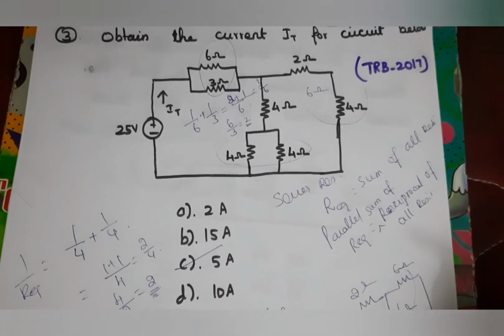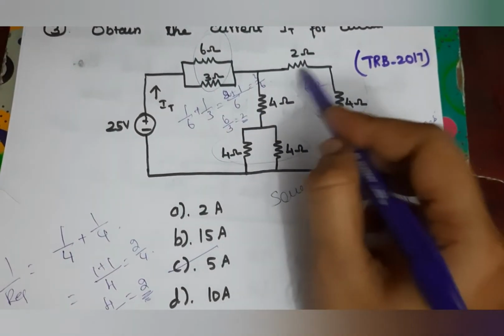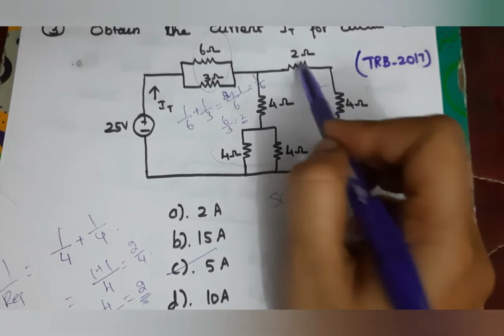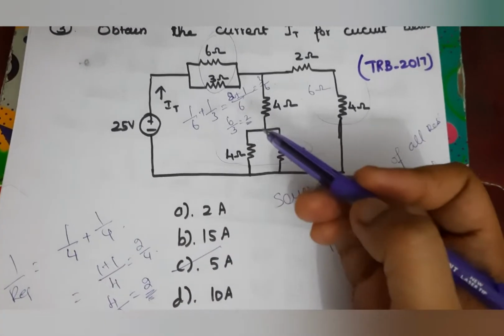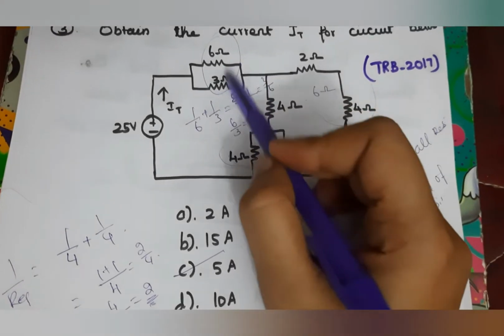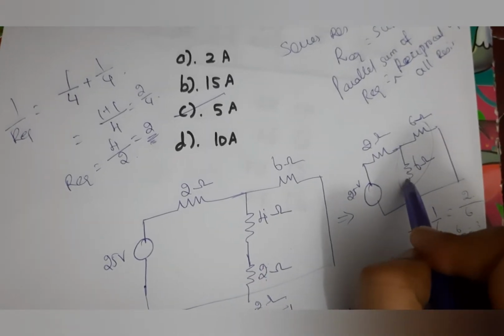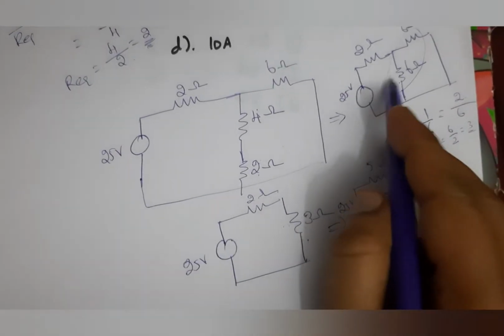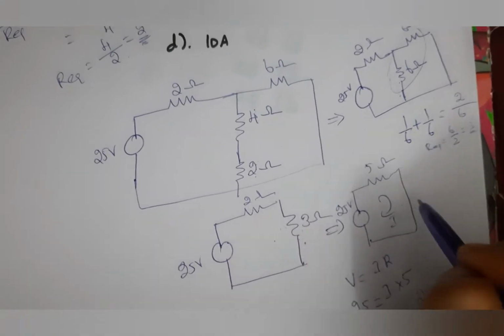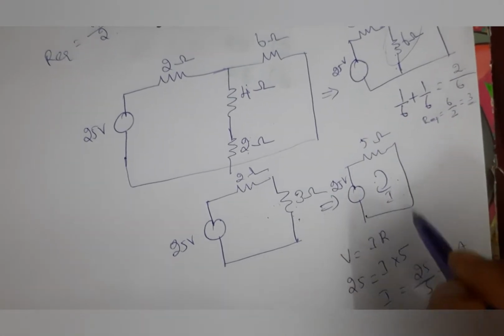C is the answer. So first we have to reduce all. Series connection means we just add these two resistances. Parallel connection means we have to find the sum of reciprocals of these, and then again take the reciprocal for finding the equivalent. So these two are parallel connections, this is a series connection. So this becomes like this. Again these two are series connections, so adding these two it will become like this, and these two are parallel connections, we get 3 ohm as a result. So this becomes like this, and these two are series connections, so this becomes 5 ohm finally. And using Ohm's law we can find the I value.